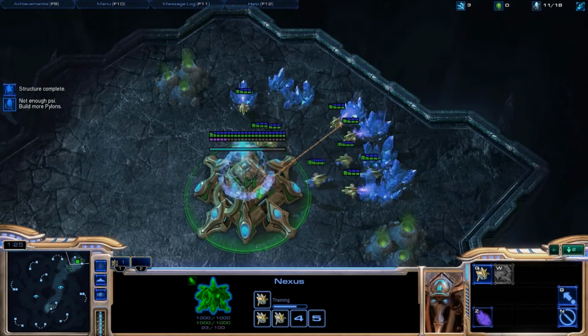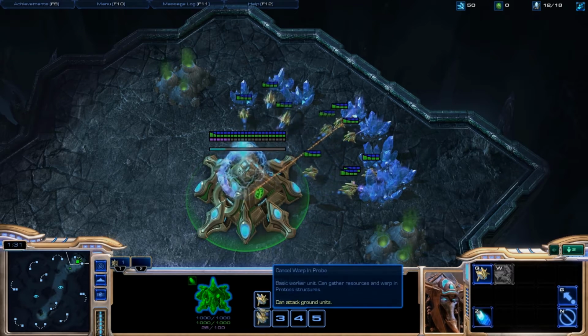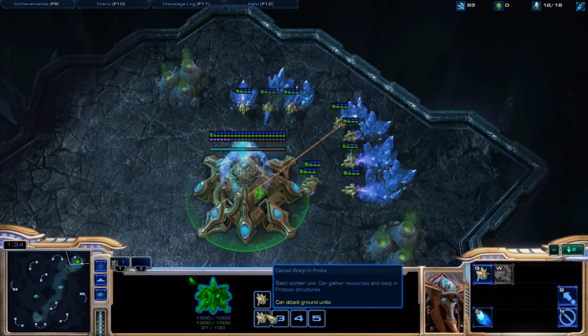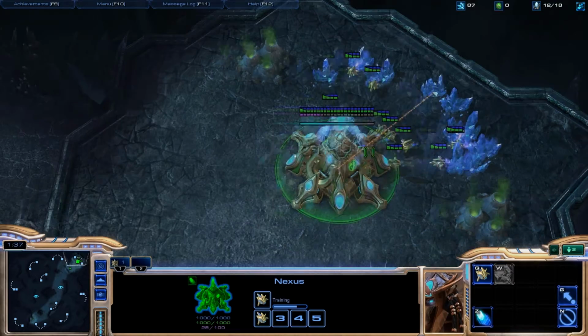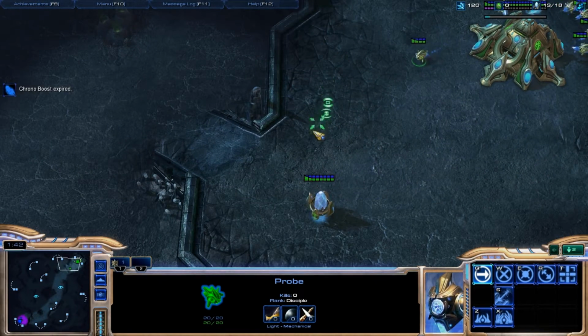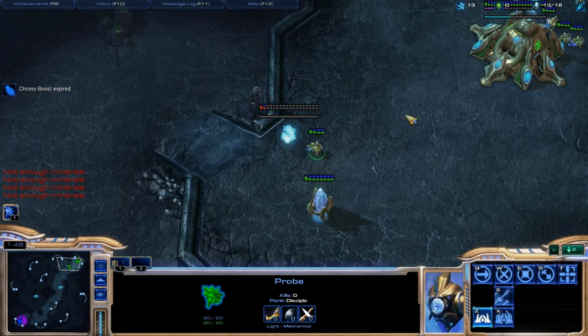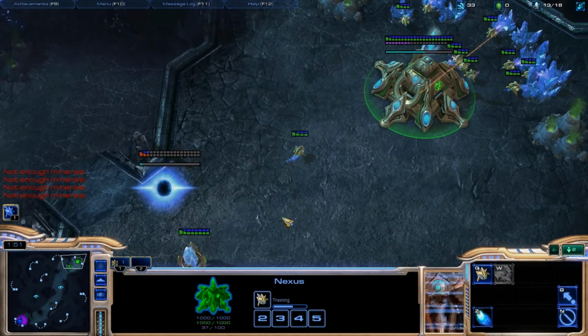Again, I'm going to chrono boost my nexus. I'll usually put my gateway down on 13, so I'll go ahead and queue up probes up until 13. This is my 12th probe. This is my 13th. And you're going to want to try to pull your probe at as good a time as possible to make sure that he's not losing any time by just standing around once he gets there. And we're going to go ahead and start that, send him back,